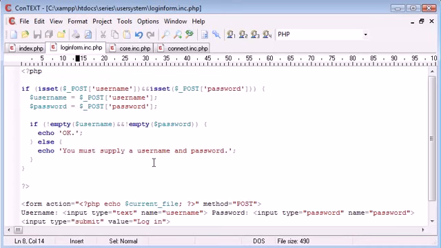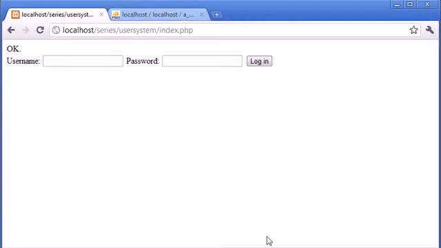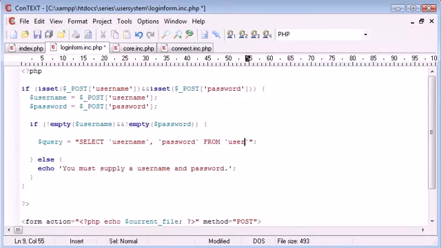So we need to continue in login form to actually log the user in. So how are we going to do this? First of all, you need a query, and this is going to be equal to select, and we need to select the username and password from, and let's go reference back to our table to see, from users. So we're selecting from users, where username is equal to username,